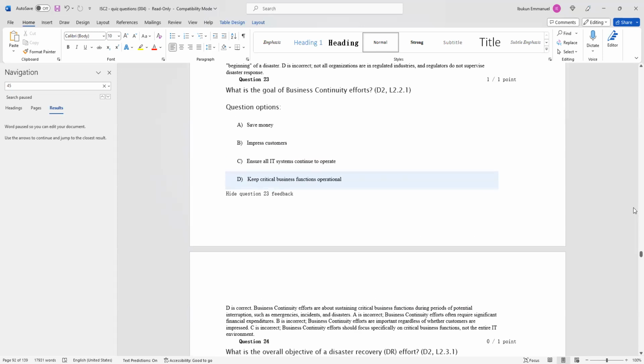What is the goal of business continuity efforts? And that is to keep critical business functions operational during a business interruption. It's not to ensure that all IT systems continue to operate. It's to ensure that all critical business functions continue. IT disaster recovery efforts is about ensuring systems are promptly recovered. But in terms of business continuity, you're trying to keep the critical business functions operating